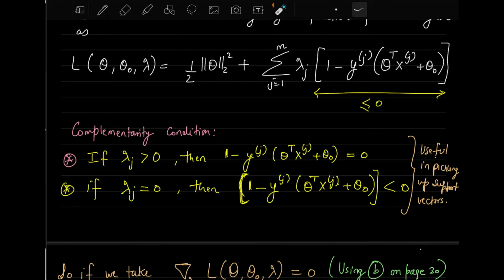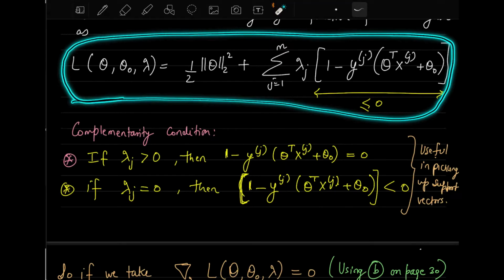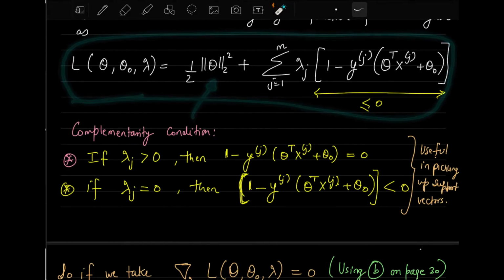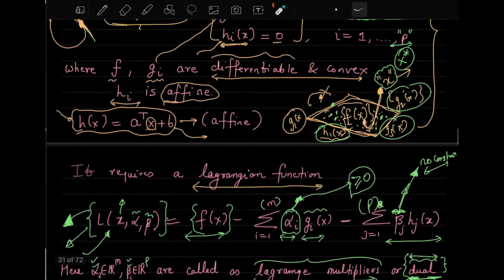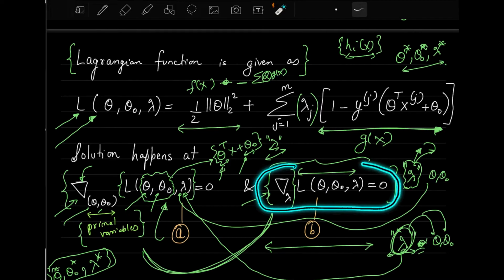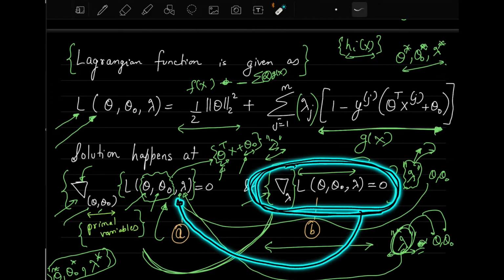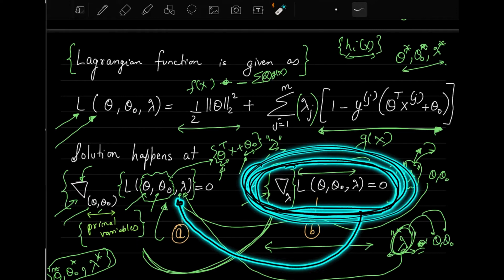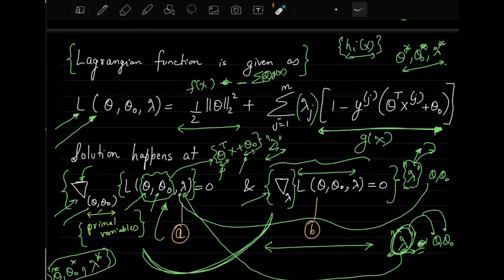So now once we have this, and this is the Lagrangian we have here, right? We want to solve this Lagrangian, and how did we want to solve this? We wanted to solve this Lagrangian by calculating the derivative with respect to theta naught, and calculating the derivative with respect to lambda. As I told you, once you calculate the derivative with respect to lambda first, you will put that value here. So let us calculate this step first, and then once we get the value of lambda from here, we will put that in this primal space to get the value of theta and theta 0. So let's do that.